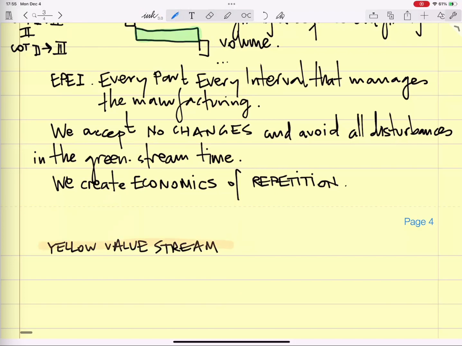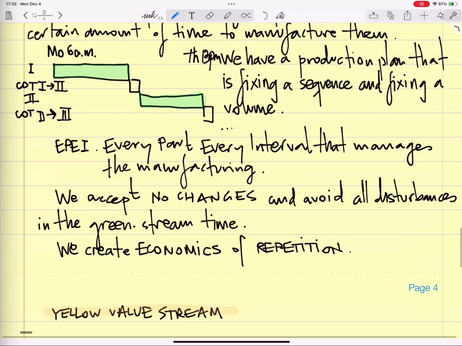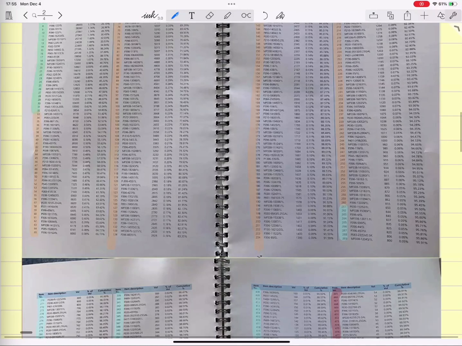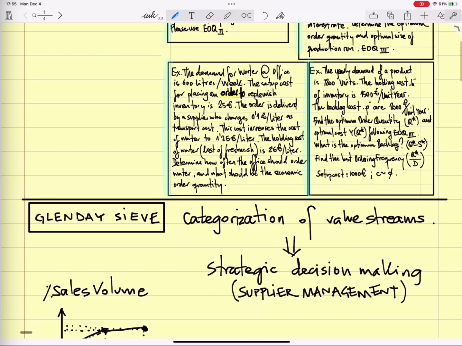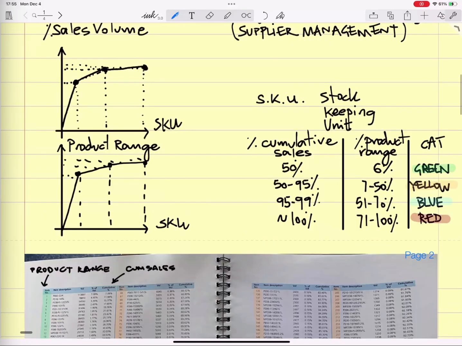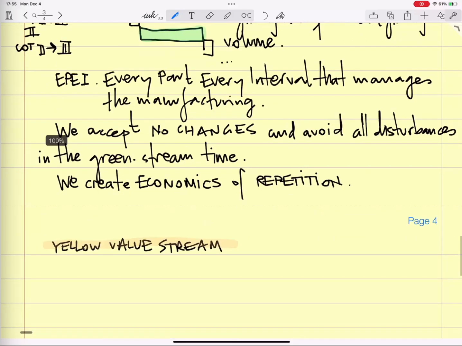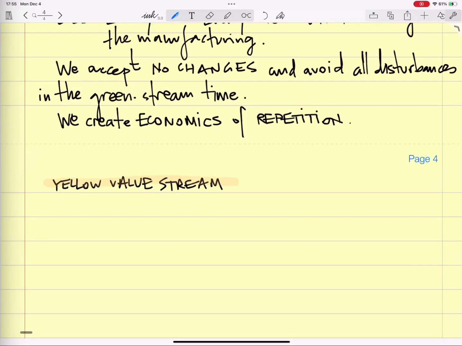So these are products that represent 40 something percent of the volume, 45% of the volume, and 43% of the product range. So these are the products where the practical barriers